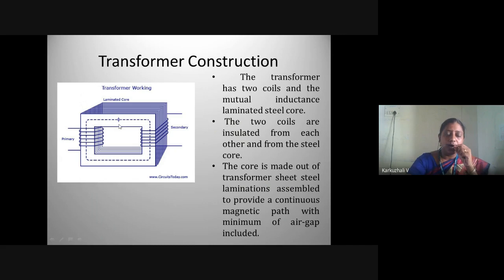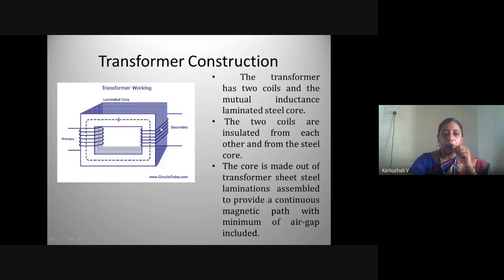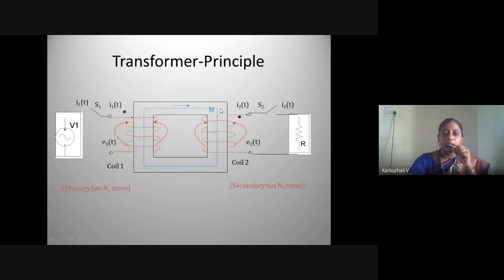You can see these dotted lines are the flux that is linked with the coil. The flux produced in the primary winding links with the secondary winding, and the EMF is developed. So the transformer works on the principle of Faraday's law of electromagnetic induction and mutual linking. This is the general representation of a transformer. The core is represented as a rectangle, and the blue line indicates the mutual inductance, the flux linked from the primary winding to the secondary winding.